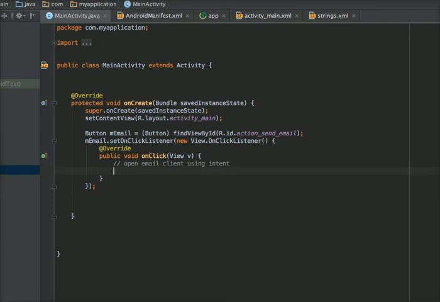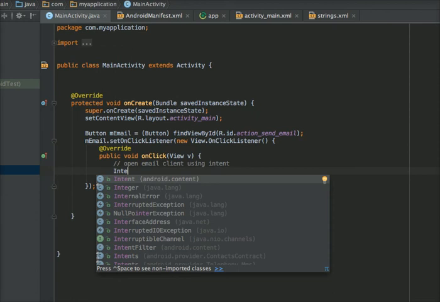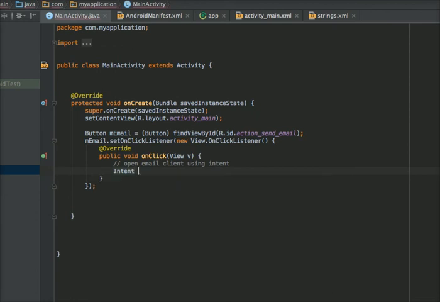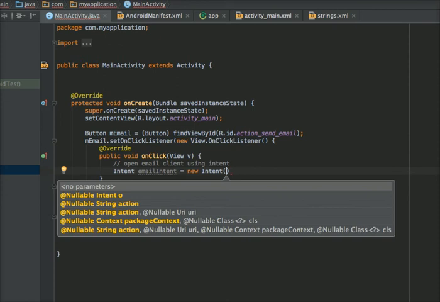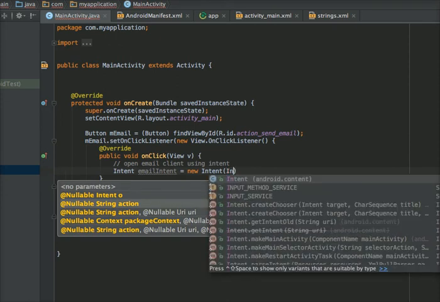Okay. Now for this I have to launch an intent that opens all the activities that can handle email functionality. So I am creating an intent, emailIntent. Yeah, this is an implicit type intent. New Intent.